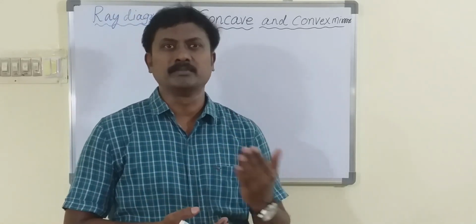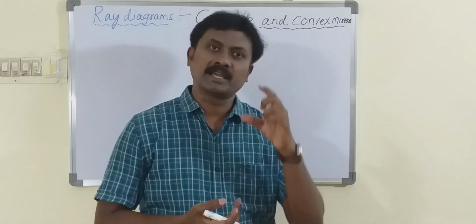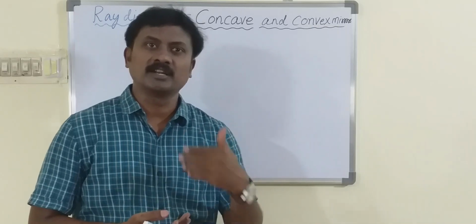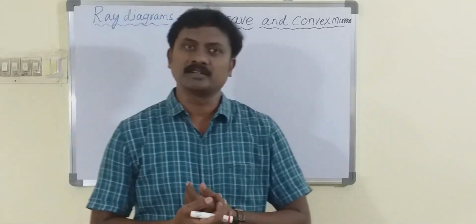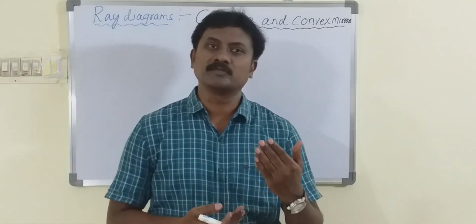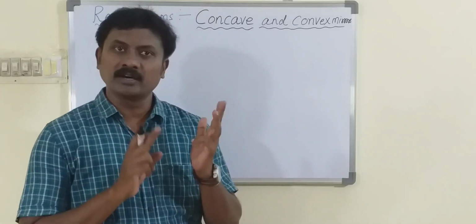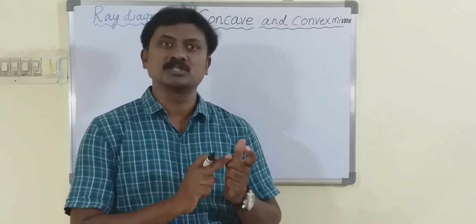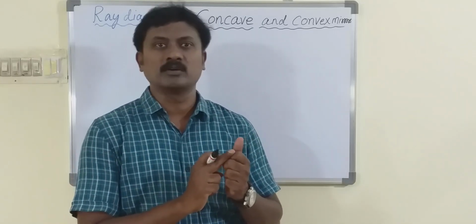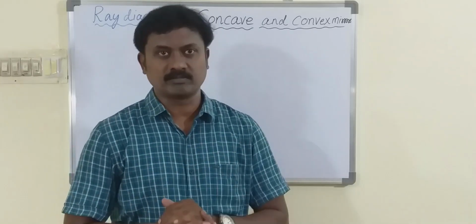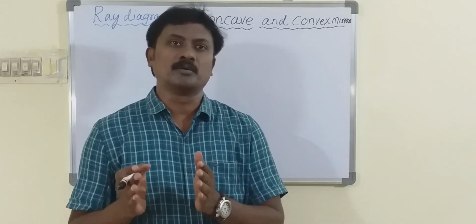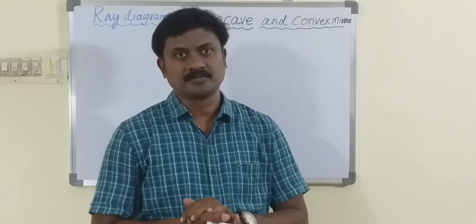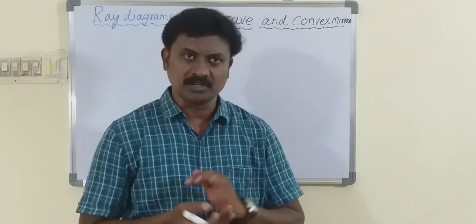In the case of the plane mirror, the characteristics of the image are the same, they do not change. What are the characteristics? Let me recall. The image formed by a plane mirror is virtual and erect, the object distance is equal to the image distance, the object size is equal to the image size, and lateral inversion takes place. Wherever you keep the object, we can observe these five characteristic features. The image characteristics are not changing, okay?